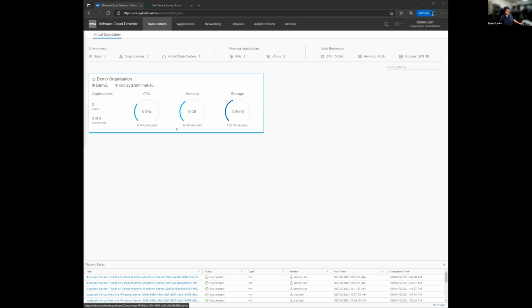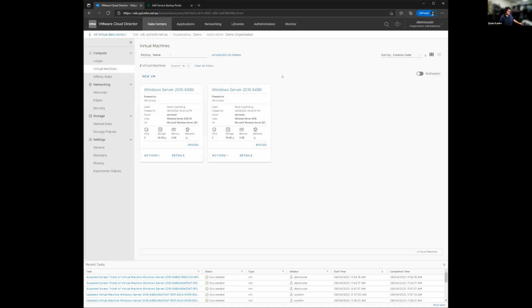So you can't move resources in this portal between two VDCs. It has to go through our partner portal. Just wanted to clarify that one. So jumping into the VDC, the first thing you're going to see is essentially every single VM you have in here. It'll show up under here regardless of the vApp they're under.